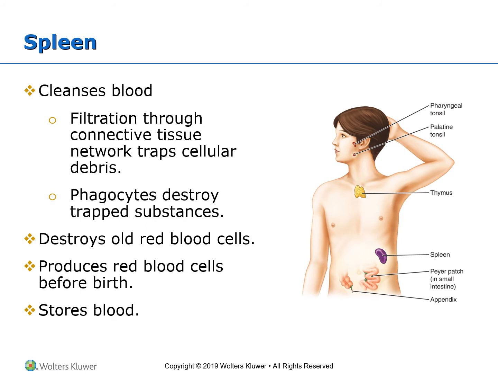We can remove the spleen. The procedure is called a splenectomy. Most of the time, our patients are doing well. However, because it's a large lymphoid organ, and we need its function as a lymphoid organ, the patients that underwent a splenectomy may require a special type of immunization or vaccination schedule in order to protect them, because they are